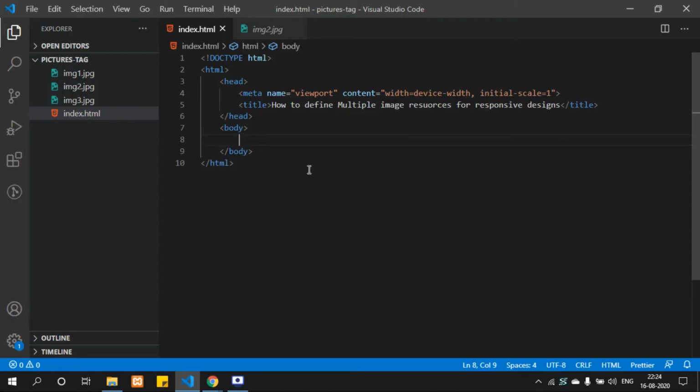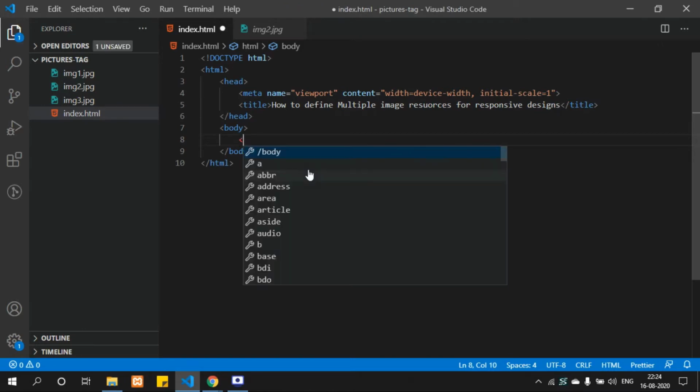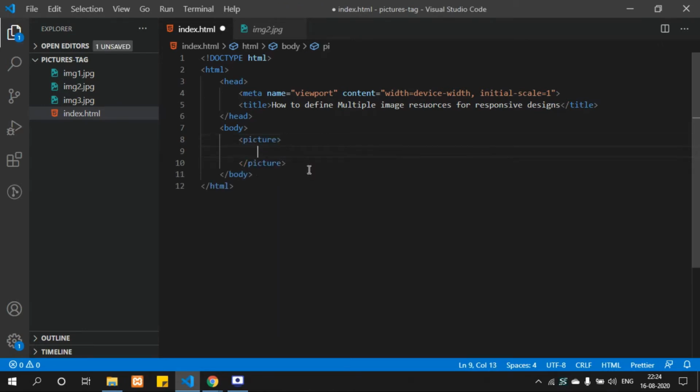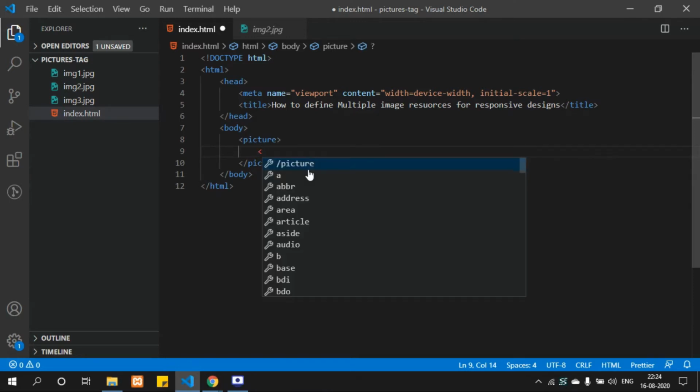So guys, let's create the HTML by defining the picture tag. Inside the picture tag, I'm going to define image resource URLs. So let me take a source tag, and set the image URL in this, and the media on which viewport we want to display the image.